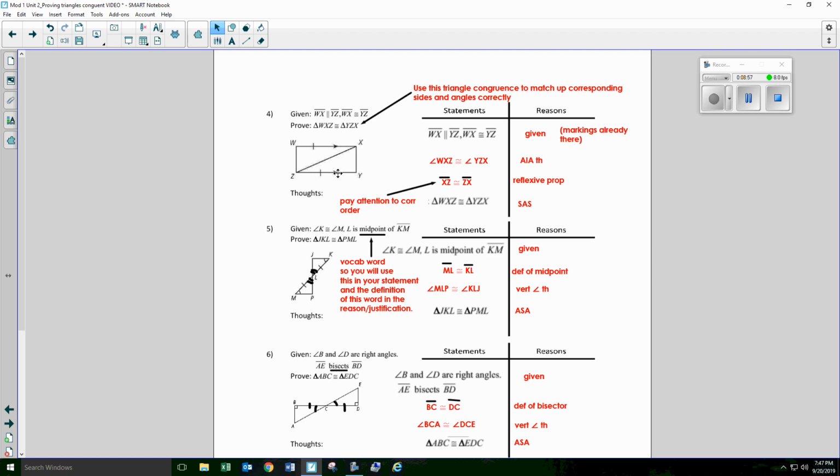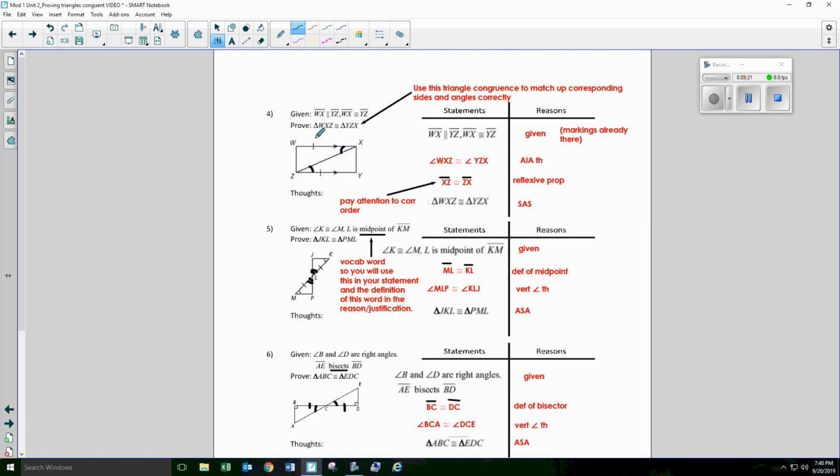Remember, when I have parallel lines cut by a transversal, the first thing I'm always looking for is alternate interior angles. In proofs, when we're doing triangle proofs, AIA, alternate interior angles are equal, is the most famous one used when you have parallel lines cut by a transversal. Always remember that. First thing I'm looking for, AIA. So therefore, I have that. So now I can say